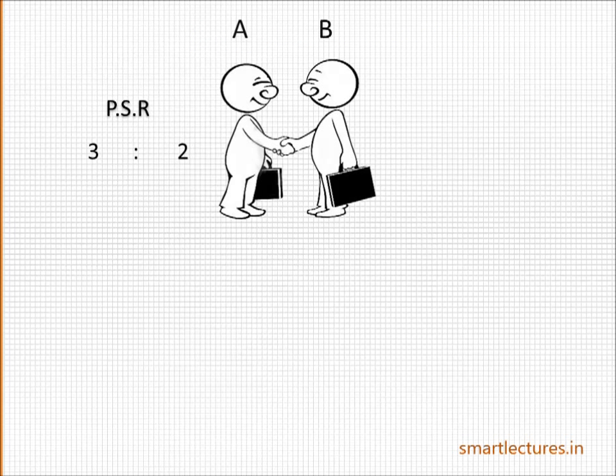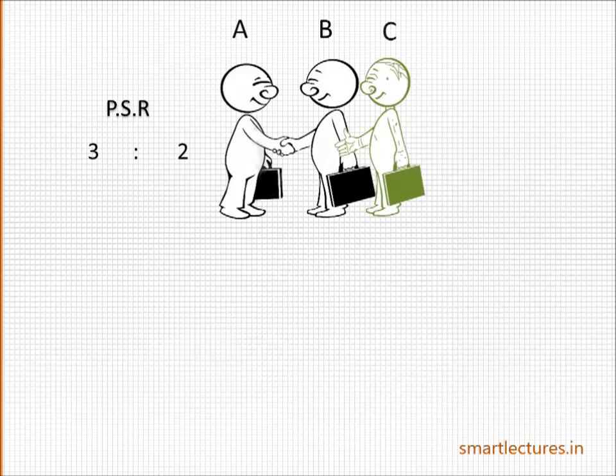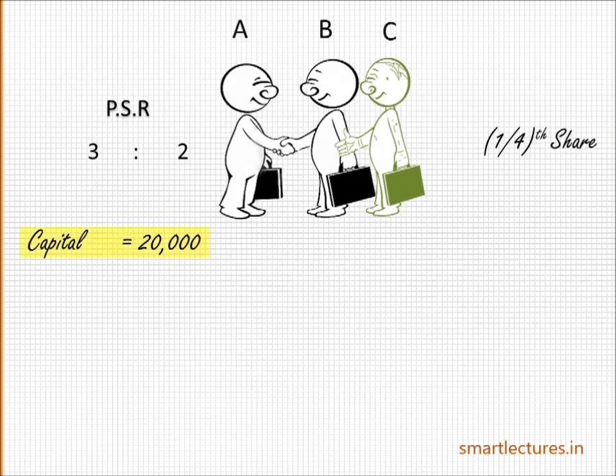On the same date, C comes as a new partner for 1/4 share. He brings 20,000 rupees as capital and 5,000 rupees as goodwill. Means he brings a total of 25,000 rupees. No need to explain that he brings capital because he is going to be entitled to the assets in future,